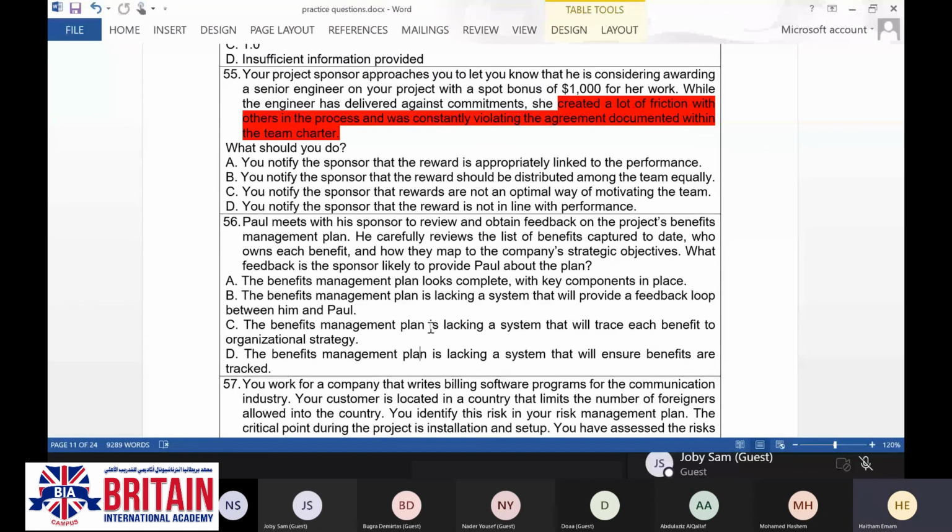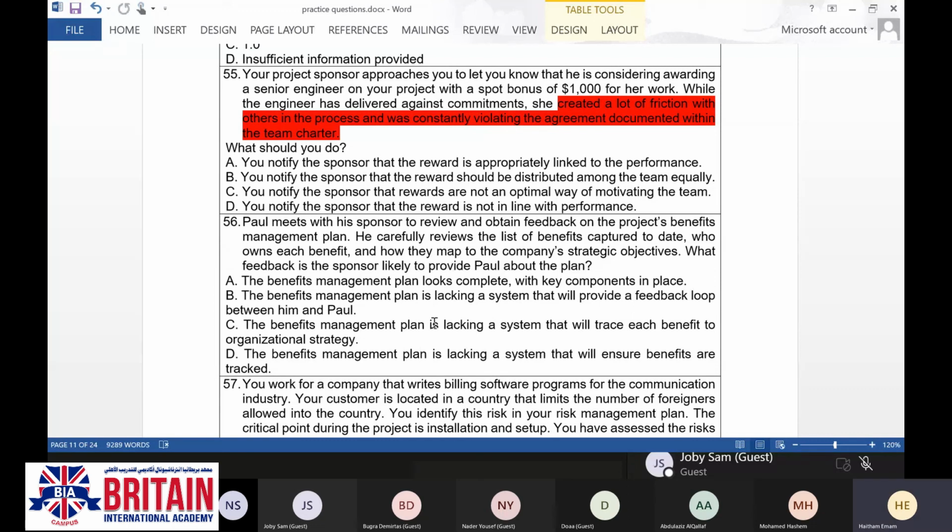So the project manager, first of all, has to check what is written in the resource management plan, and if he is authorized to take such an action against this team member and he has evidence for that, then he can take the required action.